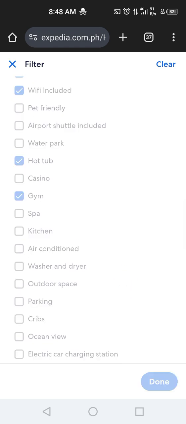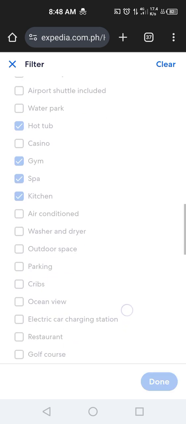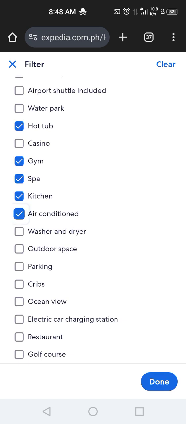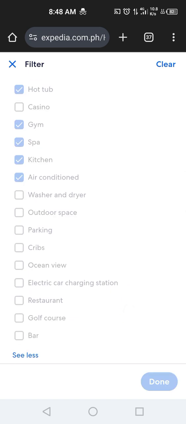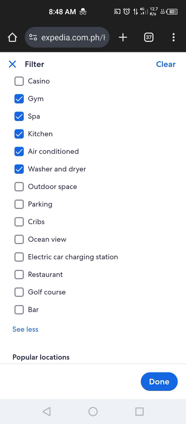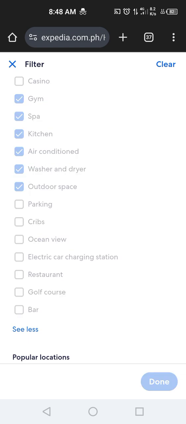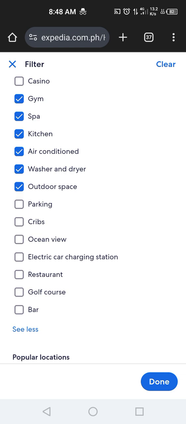Gym. Yeah, I want gym. Spa. I also want spa. Kitchen. Maybe. Of course, air conditioned. Washer and dryer. Yes, of course, this is also included. Outer space, no thanks. Yeah, but maybe just in case.